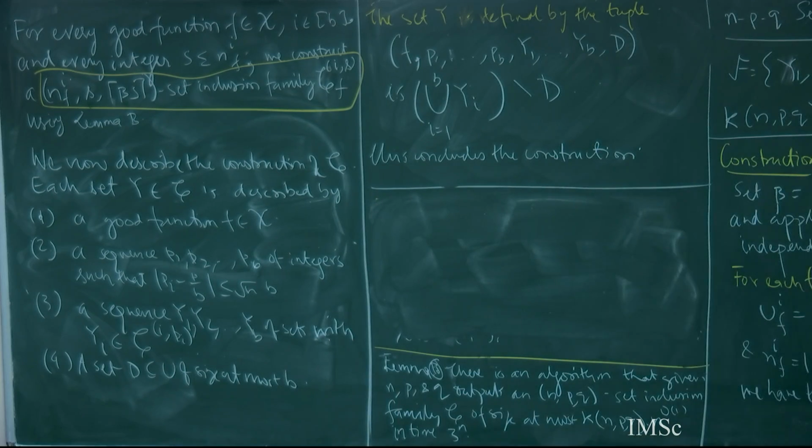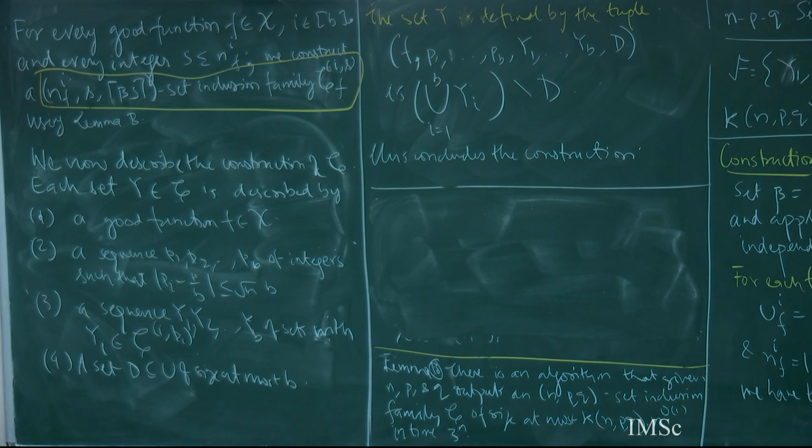Yes? We don't have anything on D except its size, right? No, nothing. Why not just take the proper set of this union of size? Why do we need this? I don't care, that's the reason. I mean, yes, you could do that, but that doesn't give you anything extra. It depends on what my goal is. If it does not help my goal, then why should I complicate life for everybody else?